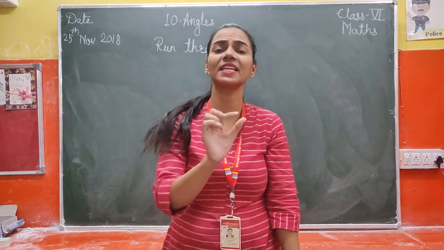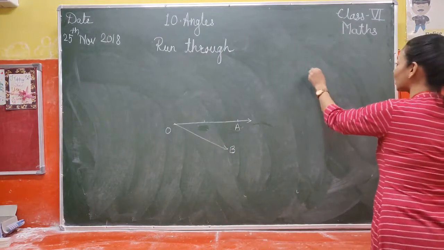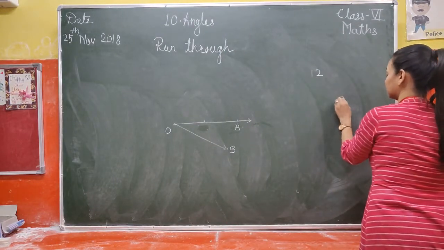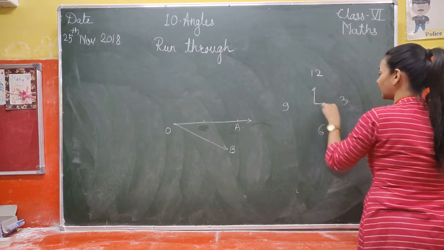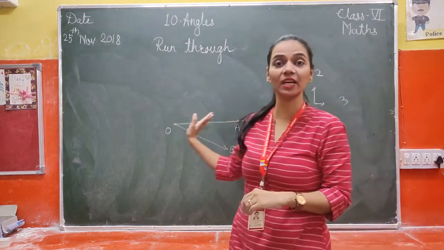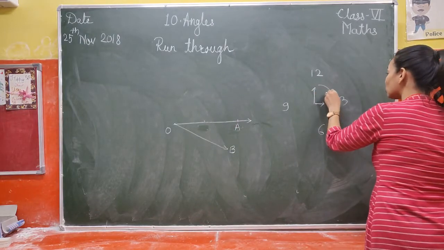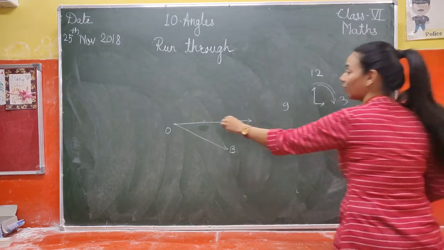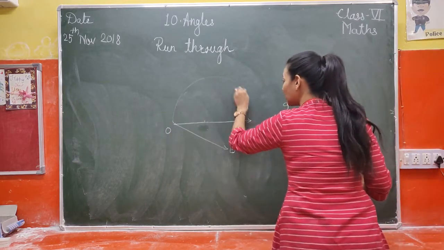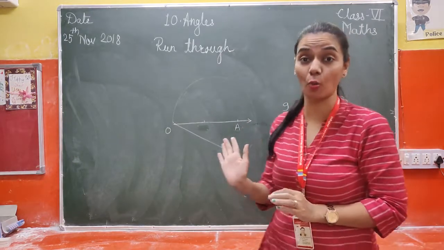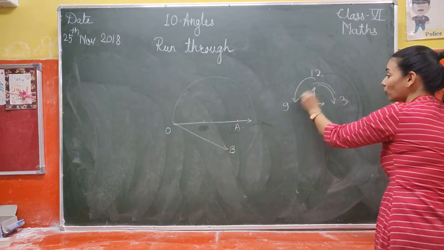So do you know what is clockwise and anti-clockwise? पता है क्या है? Look here. Have you seen a clock? This is how our clock is, right? And if I say what is the time in your clock, it is 3 a.m. or 3 p.m. It may be, but it is 3 o'clock. And our clock always moves in this direction. That is, if the ray is here, then it will move in this direction. So if the ray is moving in the direction of the clock, then it is called clockwise. And if it is moving in the opposite direction, then it